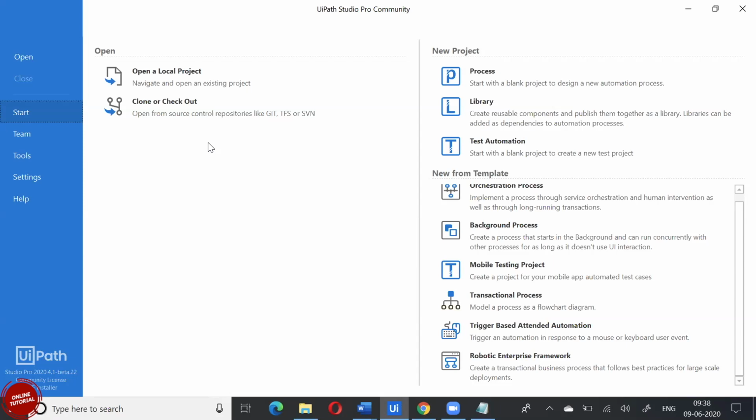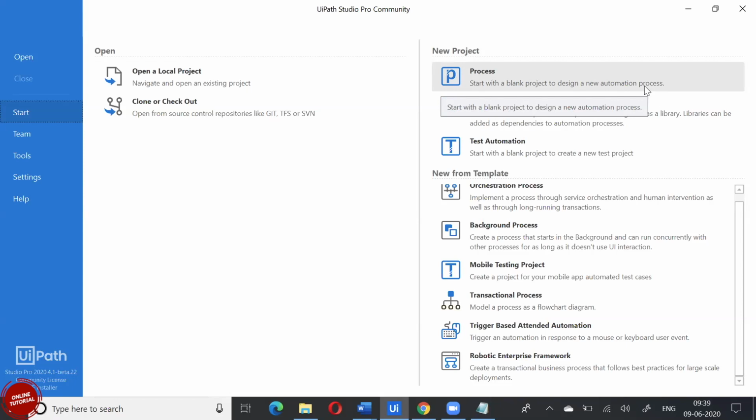I'll show you once we create one project how the files will be and how you can share it with your team, friends, however you want. It is like this: inside one folder, you can have multiple photos, or even one photo, but you group it. In the same way, your one project can have multiple process files.